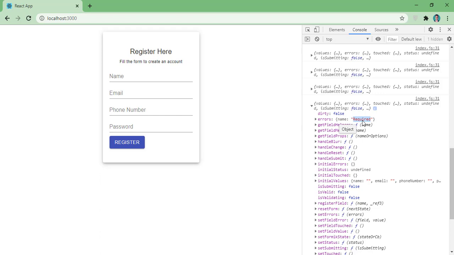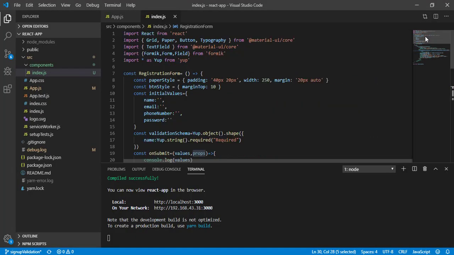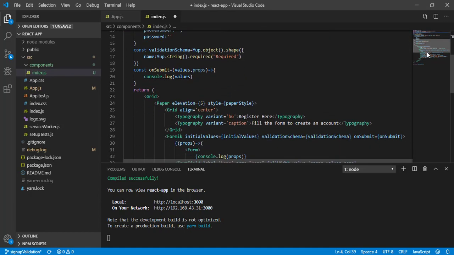So now our task is to bind this error to this form. For that, we will get another component from Formik, and that is called ErrorMessage. So let's import this component, ErrorMessage.